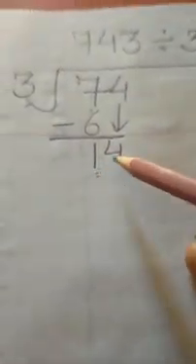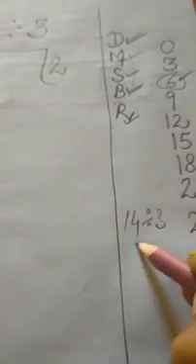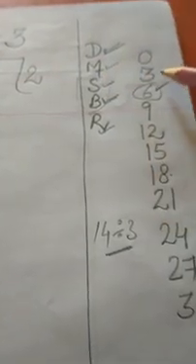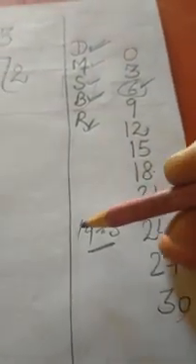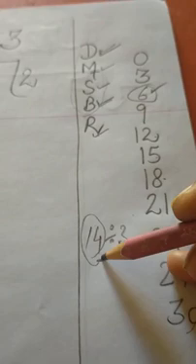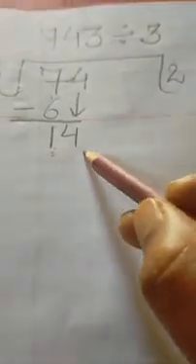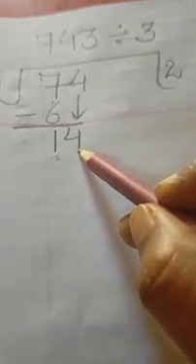Now here first step is division, means here 14 will be divided by 3. This is the division step. Next is multiplication. Now we will see the table of 3, what number can be written under 14 so that it can be subtracted. And here we can see 15 cannot be written, and before 15 there is 12, so we can write 12 under 14 because then it will be possible to subtract it.